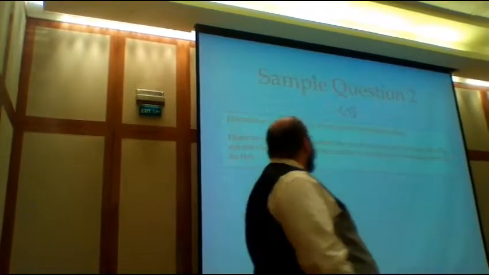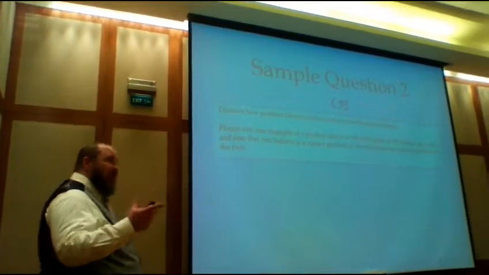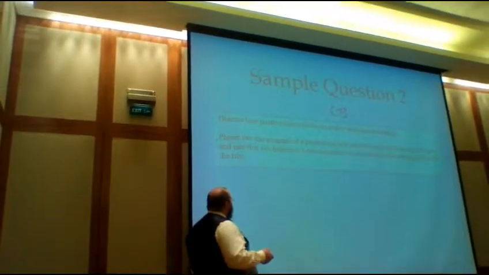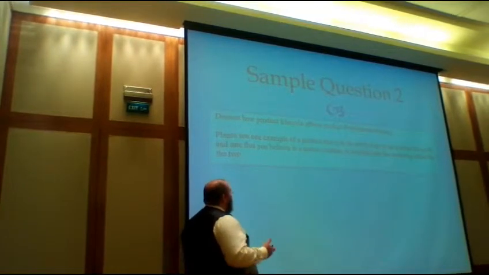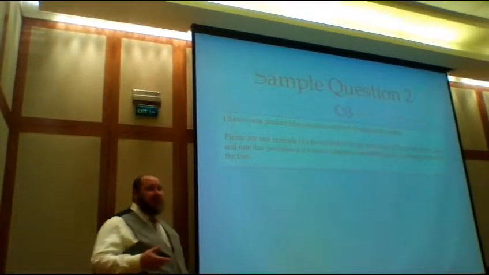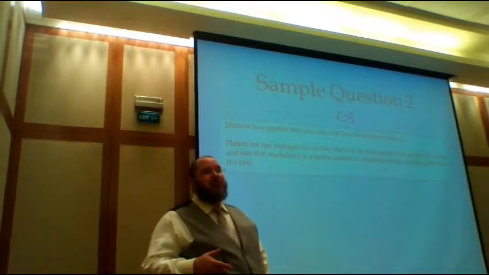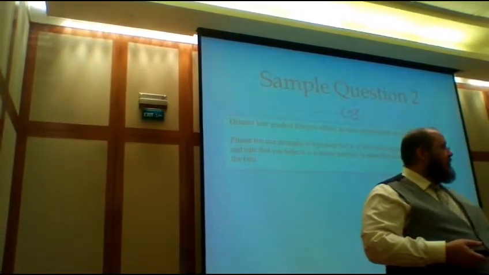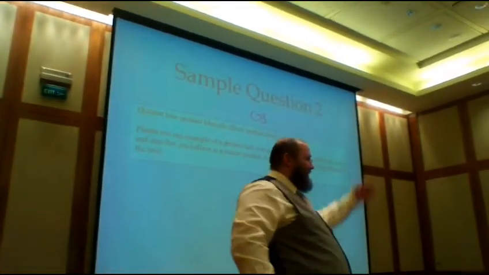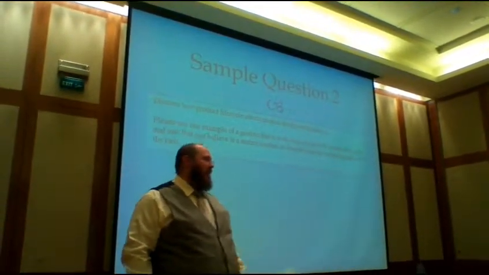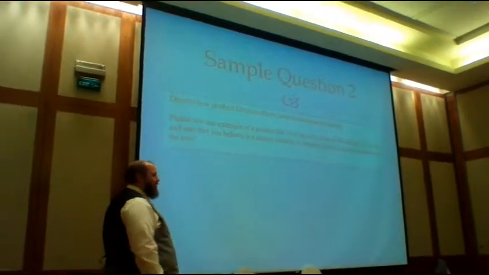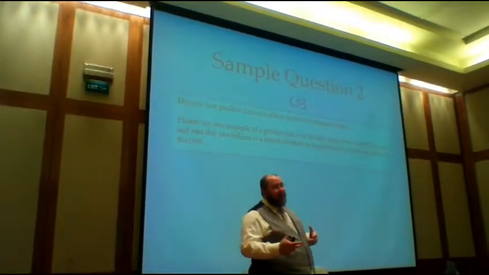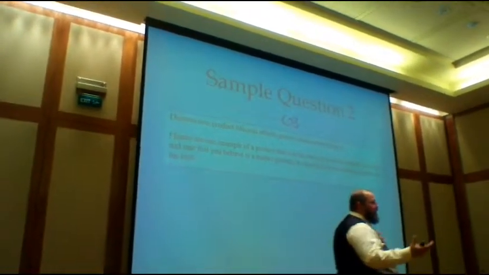The second one is this one, which we spent a great deal of time discussing. Discuss how the product life cycle affects product development strategy. Use one example of a product in the early stage, and the rest of it comes through this. So, first thing you do, draw the graph. Second thing you do, define everything. The product life cycle describes the product from research and development all the way through growth as well as into decline when it's no longer being used.